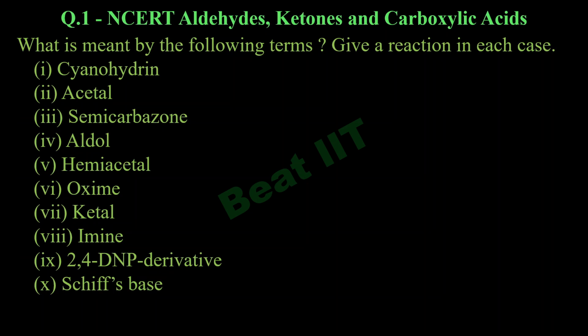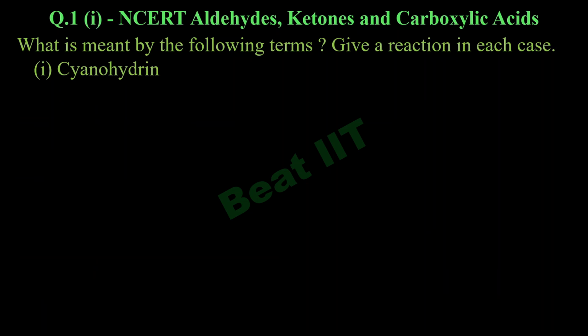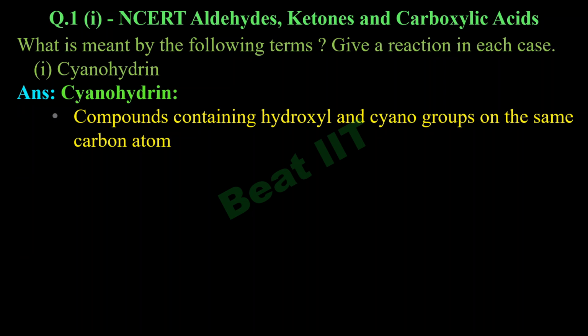What is meant by the following terms? Give a reaction in each case. I'll consider one by one. First one is cyanohydrin. Cyanohydrins are the compounds which have a hydroxyl group and a cyano group, that is a nitrile